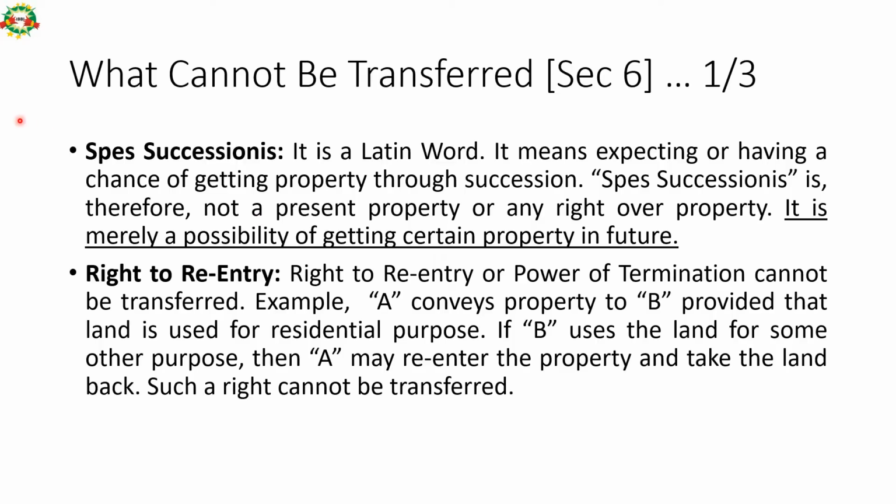What cannot be transferred? This is explained in section number 6 of the TP Act. Spes successionis. It is a Latin word. It means expecting or having a chance of getting property through succession. Spes successionis is therefore not a present property or any right over property. It is merely a possibility of getting certain property in future. So if, for example, I'm likely to get a property from my father,